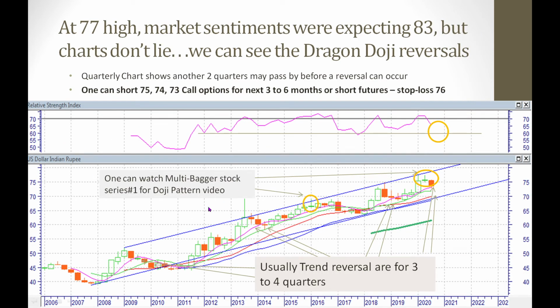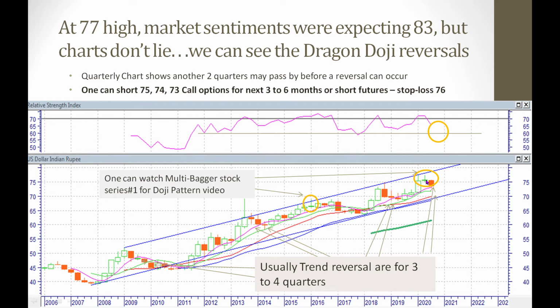Here is another view of the quarterly charts. So the previous one was a monthly chart. Here each candle is a 3-month chart, so it's a quarter. So we can see that there has been a 5-quarter uptrend followed by another 5-quarter downtrend, and so forth. So last couple of quarters ago, all the analysts were very bullish. They were expecting the dollar to go up to 83, but unfortunately, we could see this doji pattern, which is